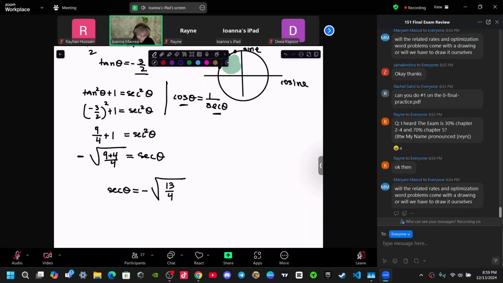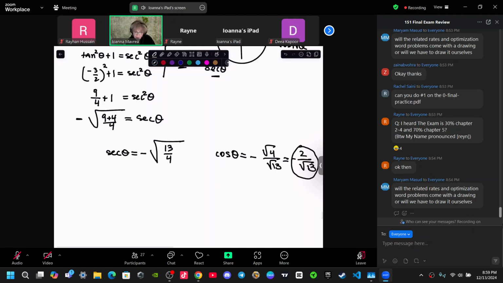No. So if that's what's secant, the cosine, which I'm interested in, it's the reciprocal of that. The cosine is still negative. Square root of 4 over square root of 13. Yes, you can simplify. Sure. No problem. But don't in the exam. Really don't. So now that you have cosine, you can find sine, because sine squared theta plus cosine squared theta